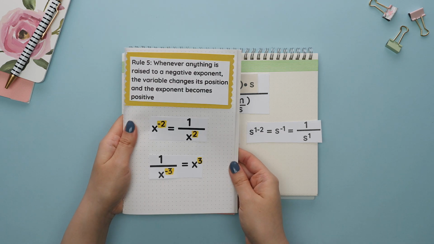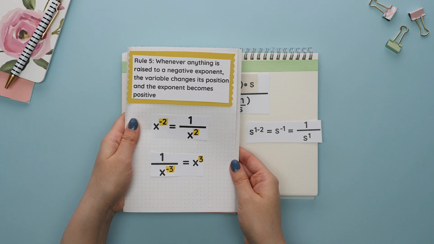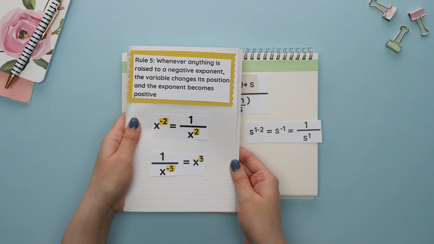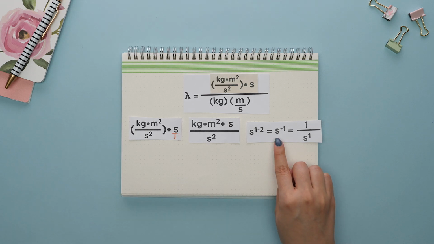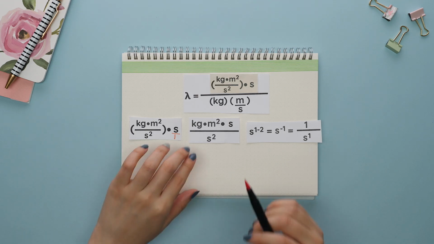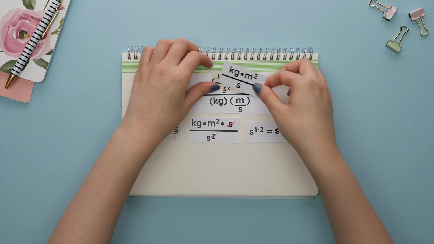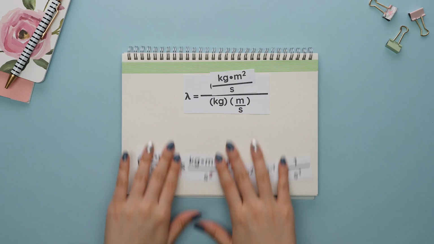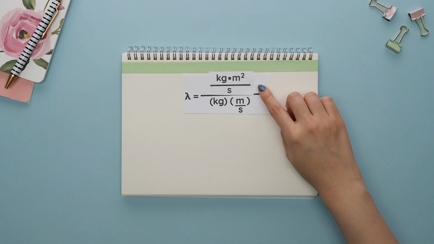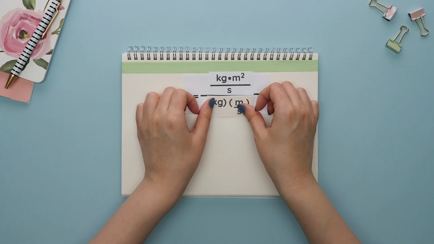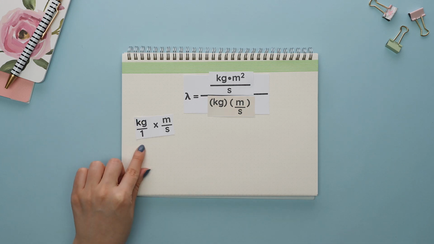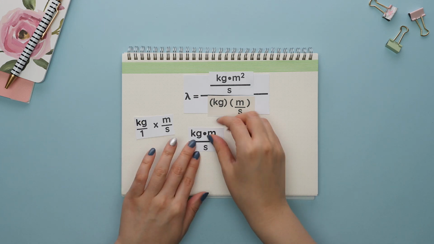Rule 5 of our exponent rules applies here, where negative exponents change their position and become positive, so this means the s is actually in the denominator and now has a positive exponent of 1. We could have also just canceled out one s from the denominator to get this as our new numerator. Now that we have our numerator, let's combine what we can on the denominator. We can place a 1 for the denominator here and multiply straight across to get this as our new denominator